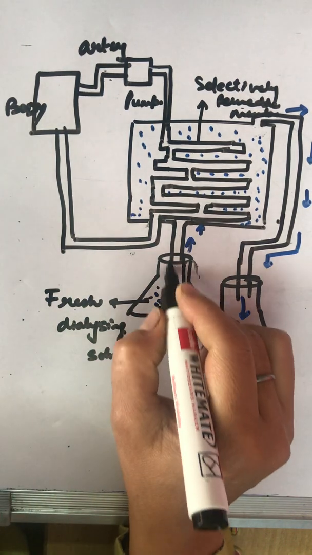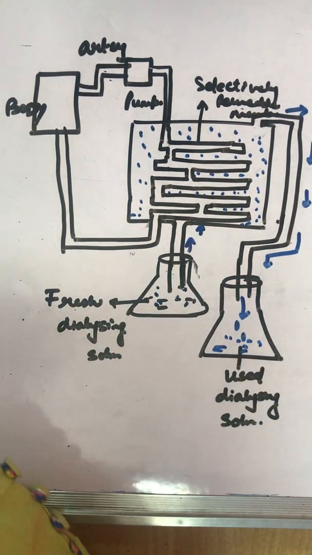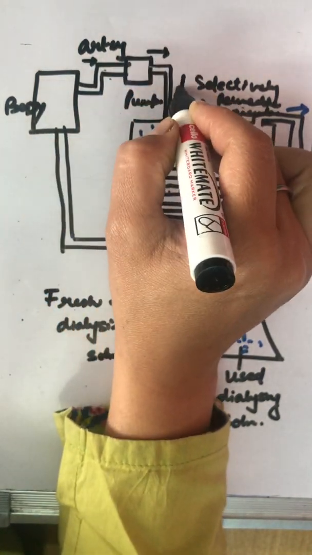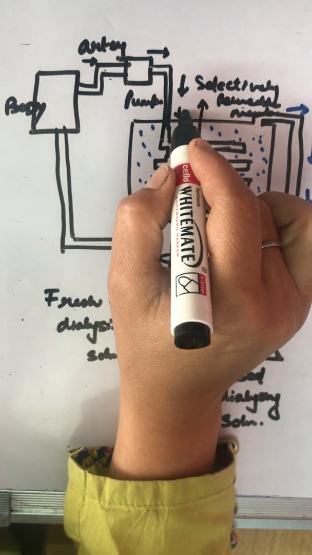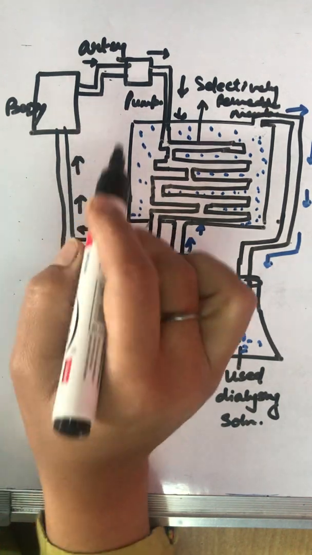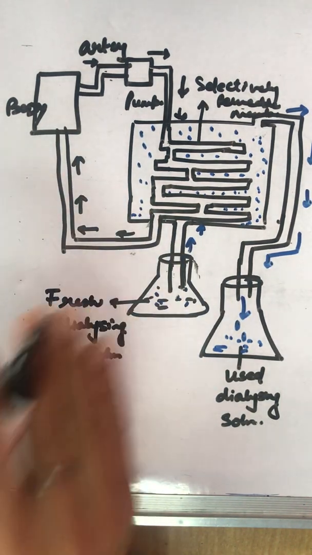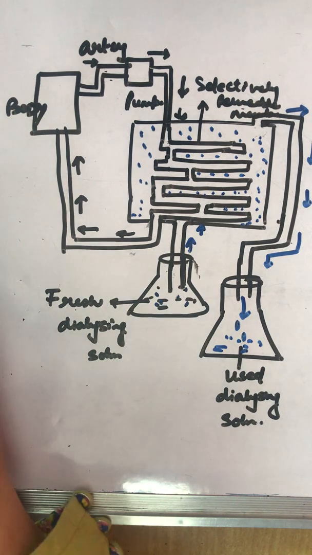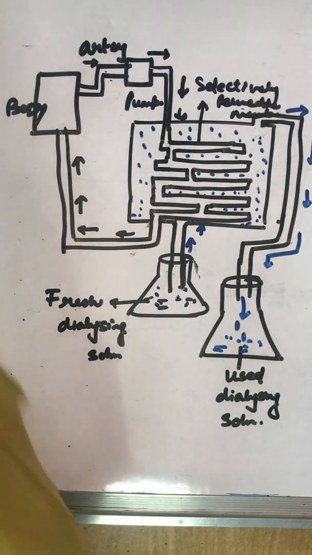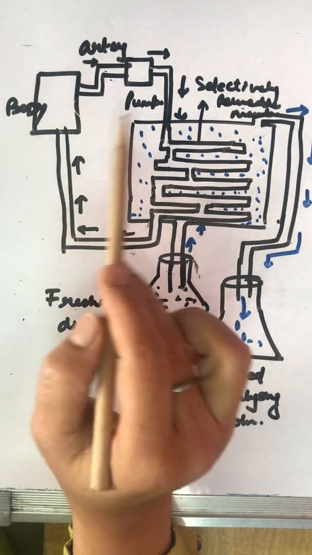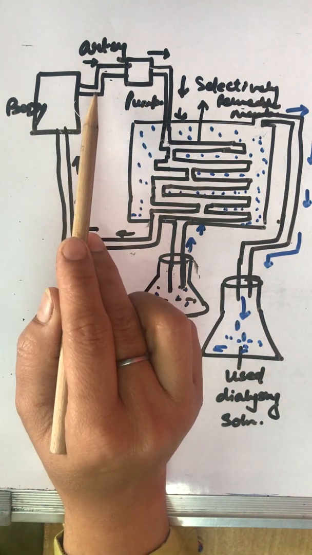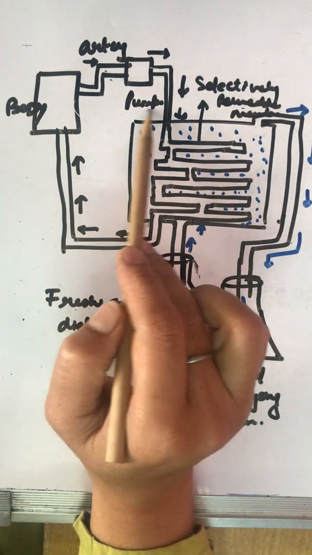Now what is happening? Here we are collecting blood from the artery and allowing it to enter into the body, and from here the pure blood is again sent to the person's body. How does it work now? We say the blood is pumped out of the body and circulates slowly through the entire dialyzing machine. Now what happens? When the blood is entering from this artery, it is taken into a pump where an